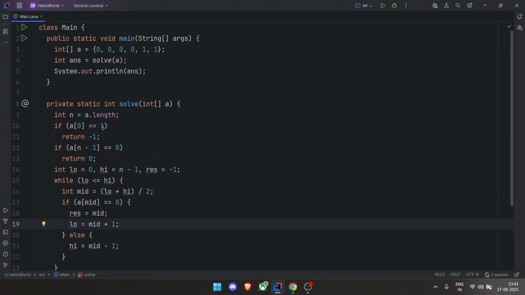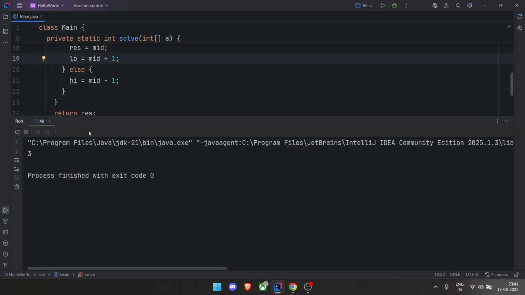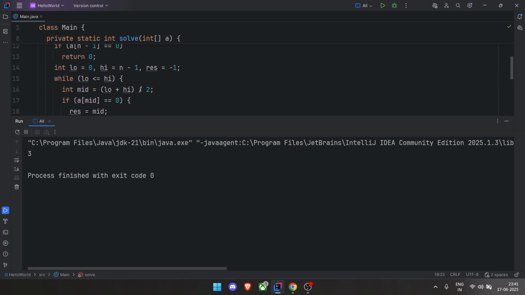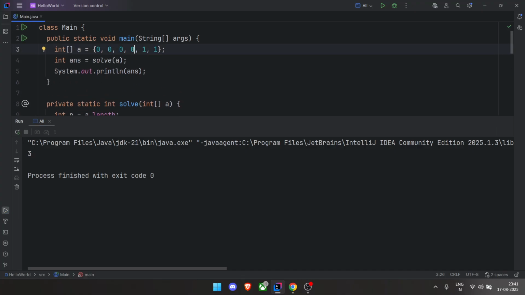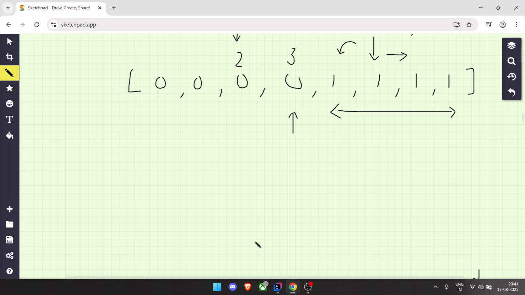Now let's try to run this and see if it works. According to this case, we should get index 0, 1, 2, 3, right? So let's get started. We got 3. Let's look at some other case as well. Let's pass this array. Here we should get 2, and we have got 2, so this works correctly. Now before wrapping up,